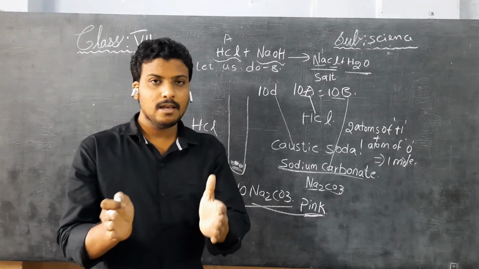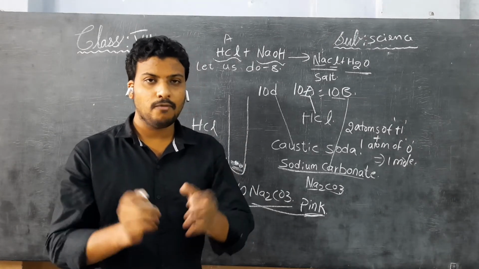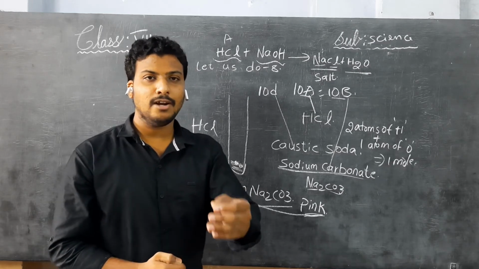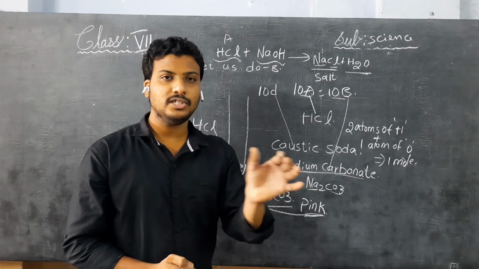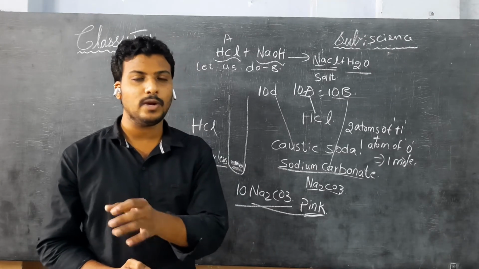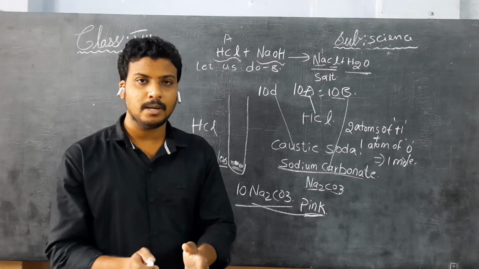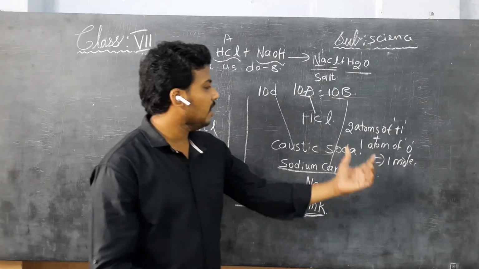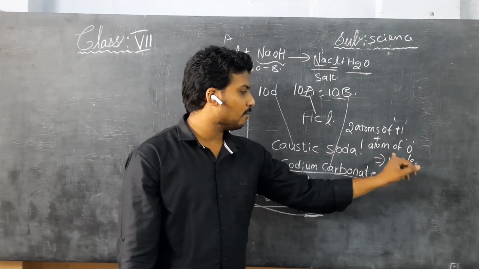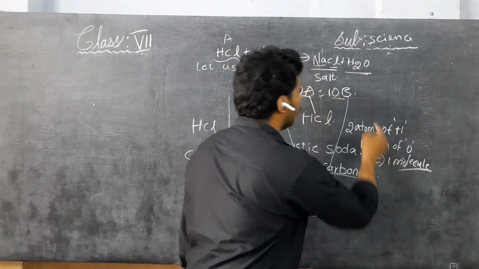If you take a glass full of water, in that there are a number of molecules. We cannot count them. According to Avogadro's law, they gave the constant value as 6.022 into 10 to the power 23. You are going to learn this concept in class 9, children. But here, when two atoms of hydrogen react with one atom of oxygen, we will get one molecule, children. That is nothing but one water molecule, H2O.